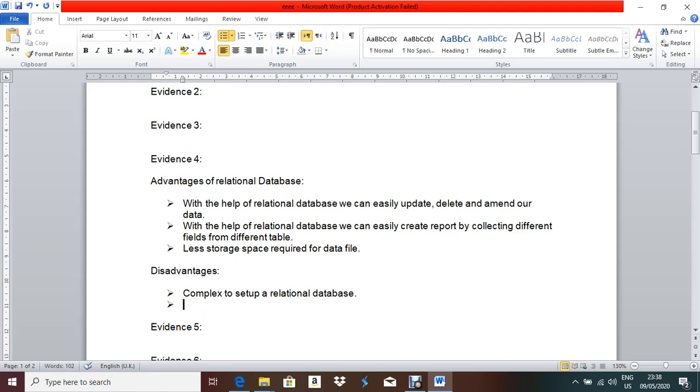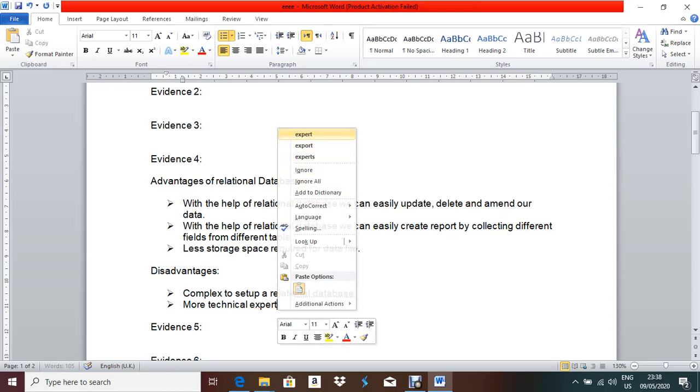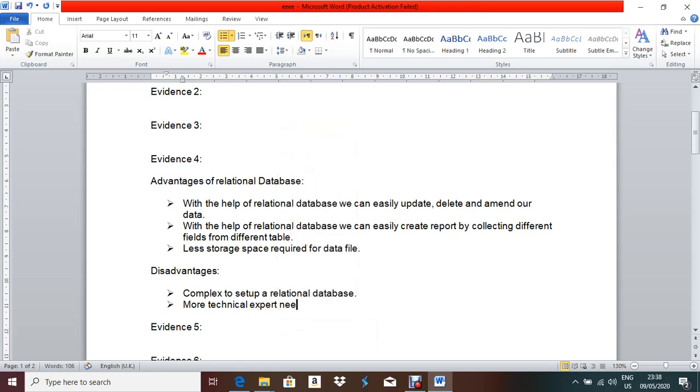Okay, so the next disadvantage: more technical expert needed to set up a relational database.